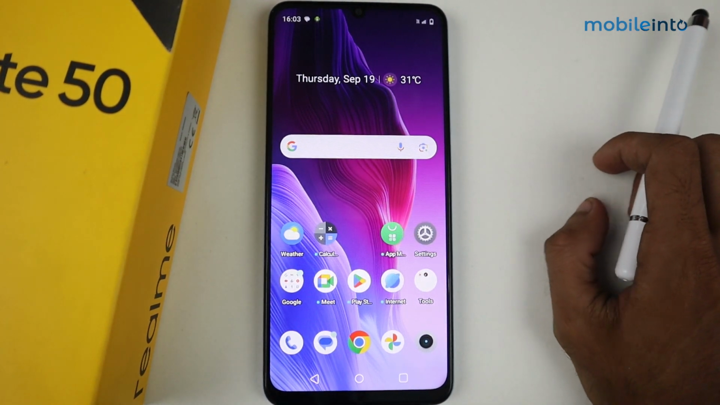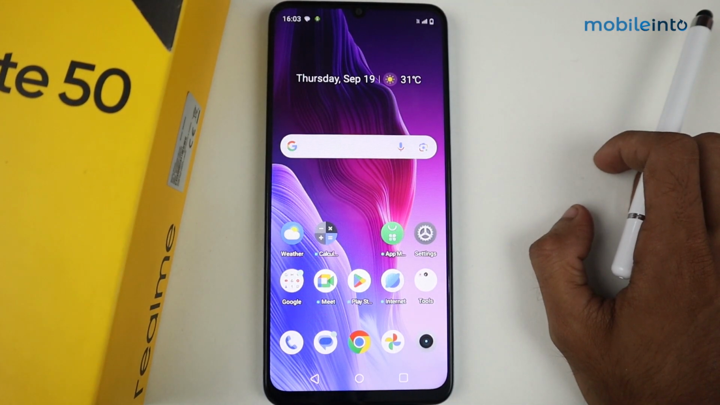Hey guys, what's up? In this video, I'm gonna show you how to add or remove Google account in Realme